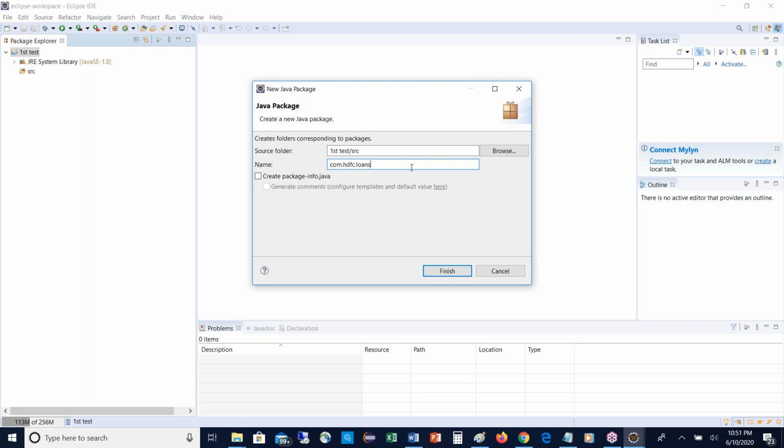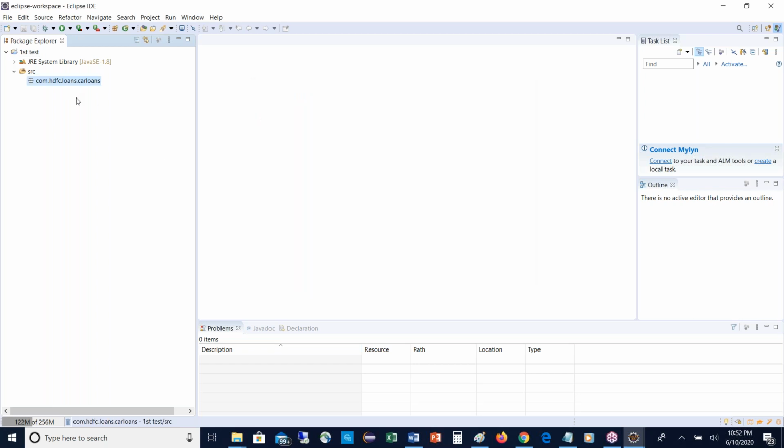In loans, we have many subcategories: car loans, home loans, personal loans, mortgage loans. Whichever loans you want, give that specific category after the loans section, dot, and then the sub loan name. See how simple it is. We can easily represent that you are working for HDFC, in loans, defining the functionalities for car loans. That's very simple to understand, right? All the car loans functionalities will be built under this car loans package. Now click on finish.